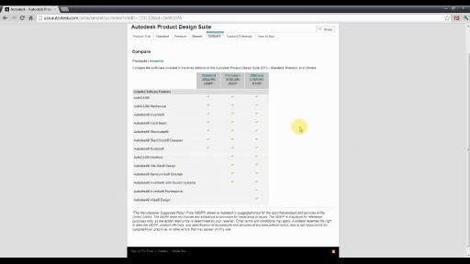The easy way to think of Standard, Premium, and Ultimate is this: if your requirement is to create 3D models and 2D documentation, then Standard's probably the right tool for you. If you want to take things a step further and build what we would call a complete product definition, so everything, the electrical systems, the control systems, the hydraulics, then Premium's the right tool for you. And if you want to do styling and tooling for production, jigs and fixtures, injection molding, and high-end simulation, then Ultimate's the right tool for you. So we provide our users with a range depending on their requirements.